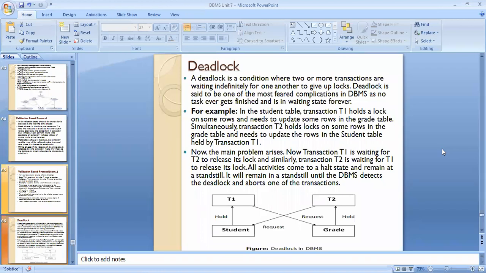Have you heard the word? Say at least yes or no. I am not asking for the details of deadlock. Just, do you have an idea of deadlock or not? Yes, anyone? Do you know the word deadlock? Have you heard that one?